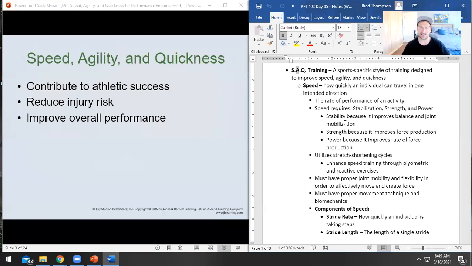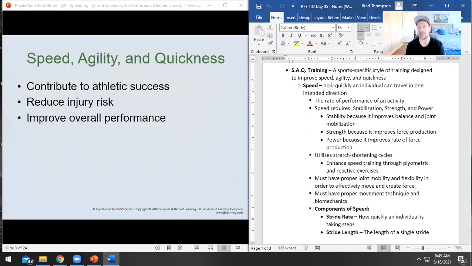And then quickness's definition, I personally don't really care for, because I don't think it describes what they mean very well. It means your ability to change body position as quickly as possible, which to me sounds very similar to agility. But think of quickness as your reaction time to something. It's how quickly you can respond in kind to something else.